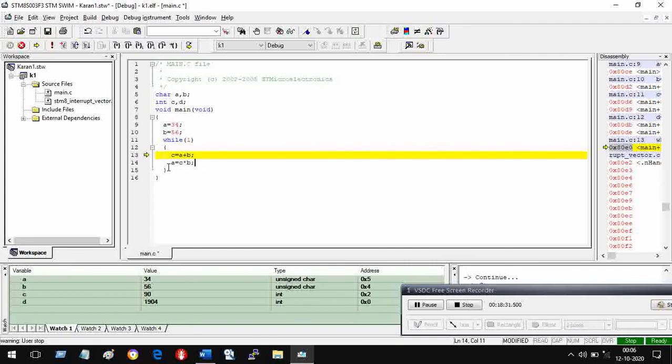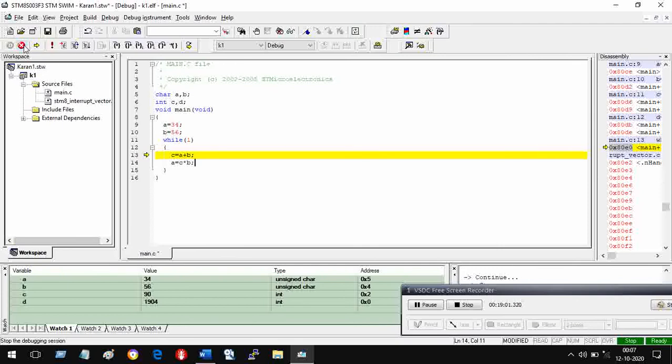Then A will be equal to C into B. So C is suppose 90 after this operation, then 90 into B, and B is anyway 56, so 90 into 56, something like that will happen. And then when you go back, value of C has already changed. Let us see what happens.